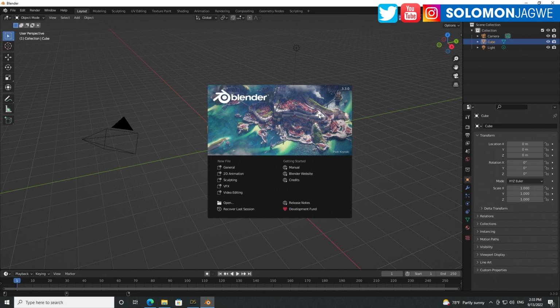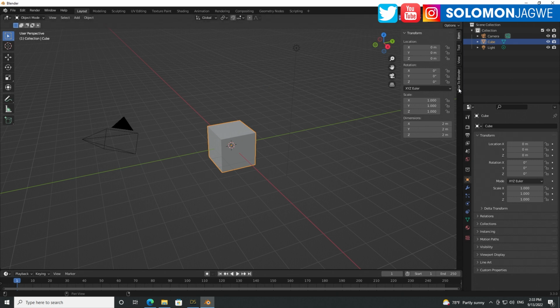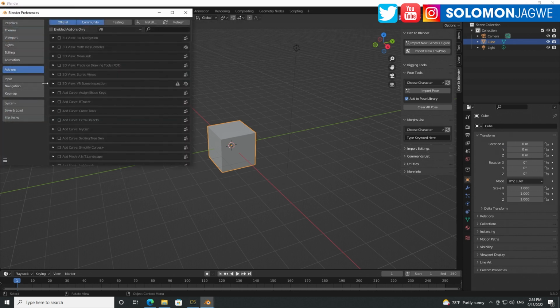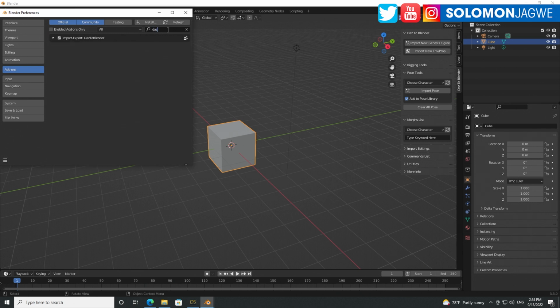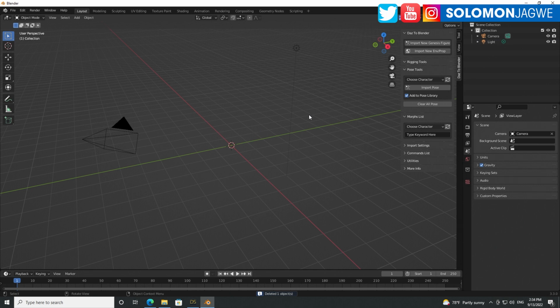In Blender 3.3, if you go to the shelf over here, you can see that it's there. If you don't see it there, make sure you go to Edit, Preferences over here, go to Add-ons, type DAZ, and make sure you enable Import-Export DAZ to Blender. When it's checked, it will show up on this shelf right here. Right now, let's just delete this box. We don't need that. Had I exported an environment, you would be able to import that as well. But right now, we just want to import the character.